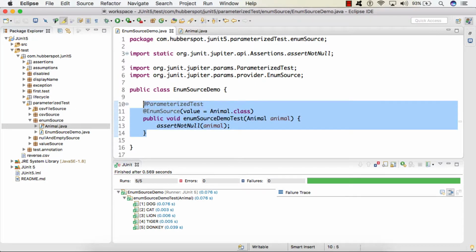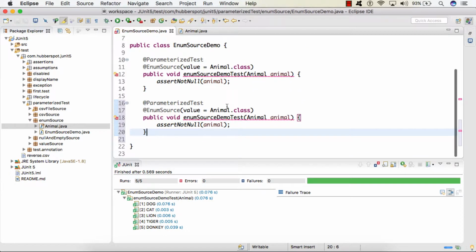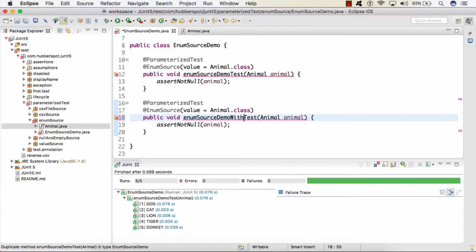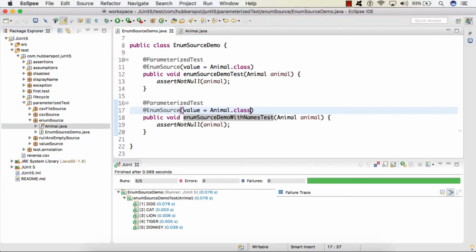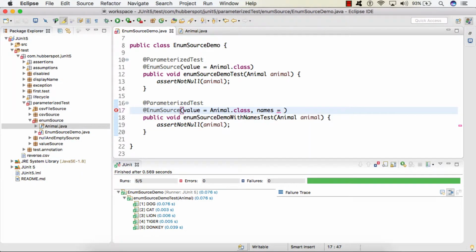Also friends, we discussed that @EnumSource has a names parameter where we explicitly provide which constants we want to pass to our test method. So here I simply change the name of the method to enumSourceDemoWithNames. And here I will provide the names, which is a string array.